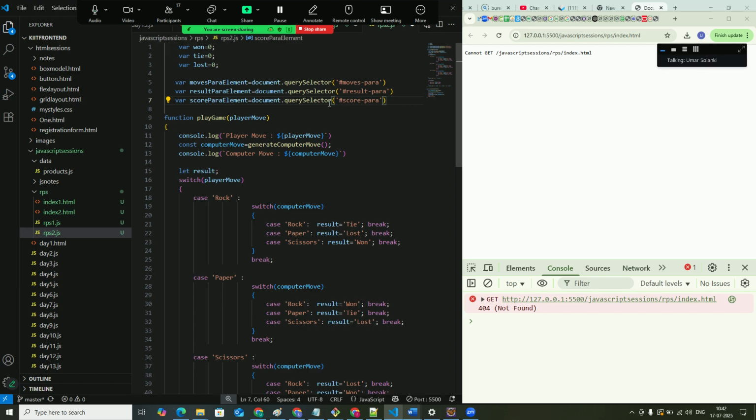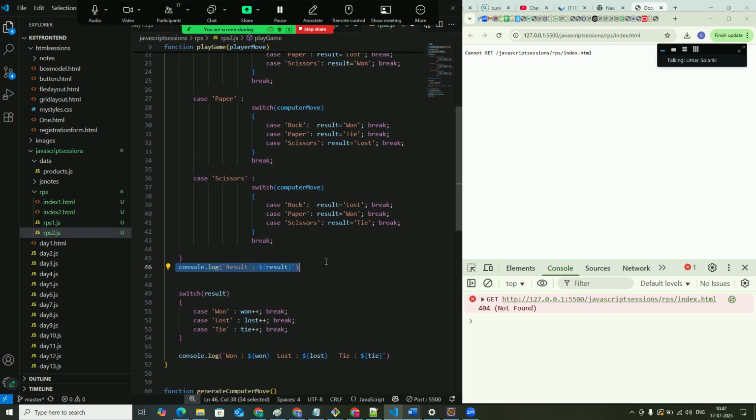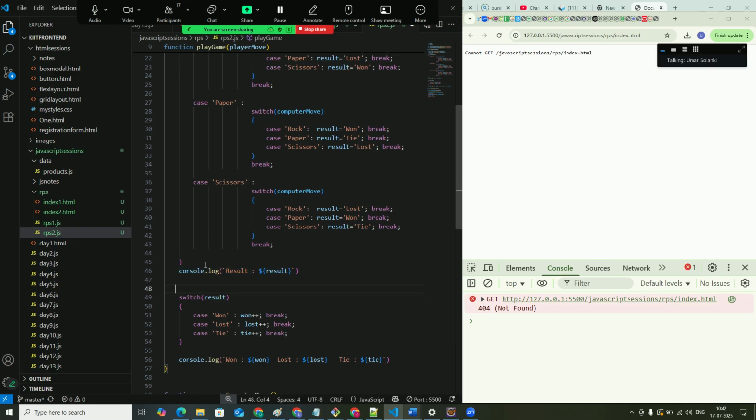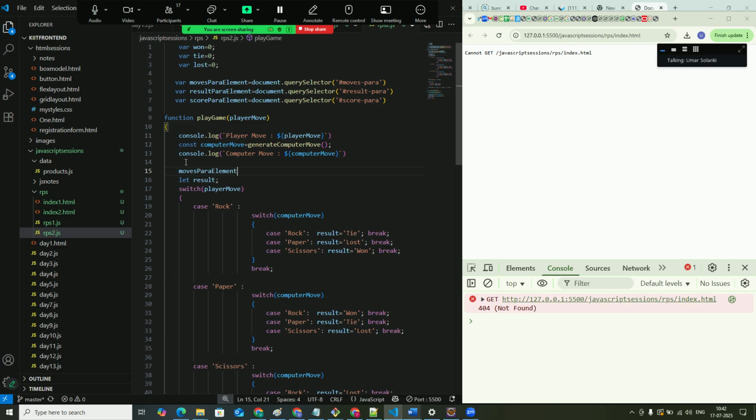Okay, so by using query selector, you can select anything. It just gives you a single element, then query selector all. And I have these elements over here. So now these three. First I was displaying the result. So now instead of displaying the result on the console, whatever this was coming, I'll display it where now? On the moves para. Oh yeah, this one. So I'll say moves para dot inner HTML equals to